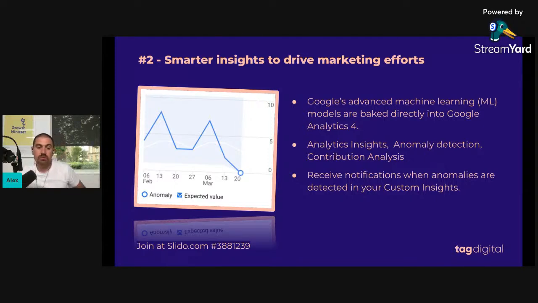And also there is one new feature, which is contribution analysis. This is a statistical technique used by Analytics Intelligence to identify user segments contributing to anomalies.